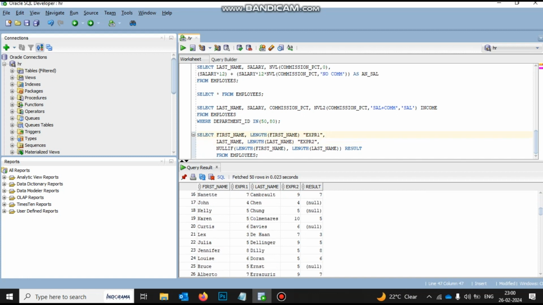If there are any values which are the same for both the first expression and the second expression, see here, in case of this record, that is John, the value of the first expression and the value of the second expression both match. The value of the first expression is 4, the second one is also 4. So this function will return null. Why? Because it will match both the expressions. If the values are the same, it will return null. If the values are not the same, then it will return the value of the first expression. Okay. Now,